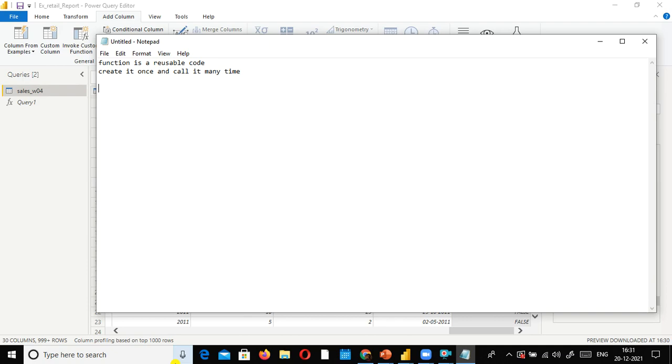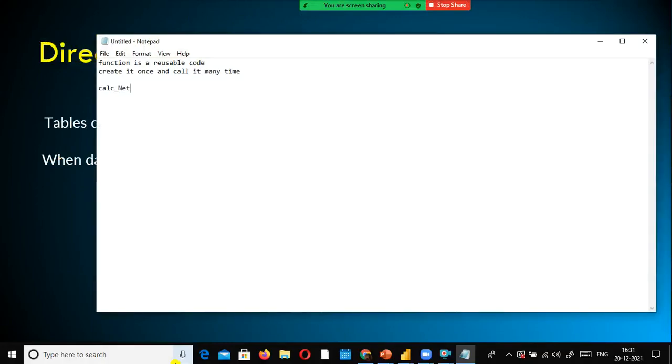So you don't have to use the same formula multiple times for each and every employee. You don't have to do it. Simply you say, for example, your function name you have given like this: calculate net salary after deduction. When I say function, you need to remember this one. Okay. Open parenthesis and closed parenthesis. See, this is open parenthesis, closed parenthesis.